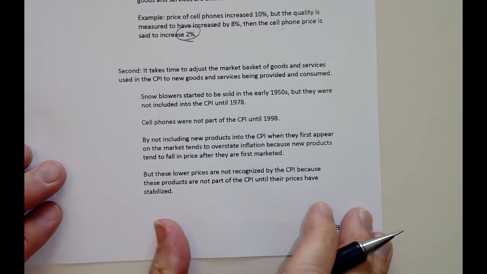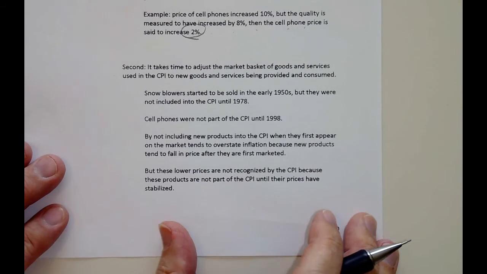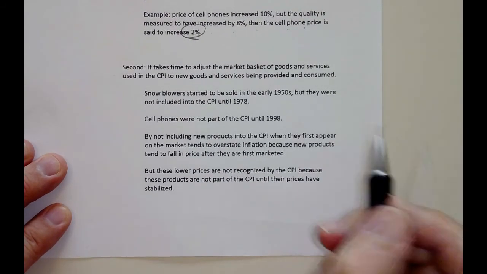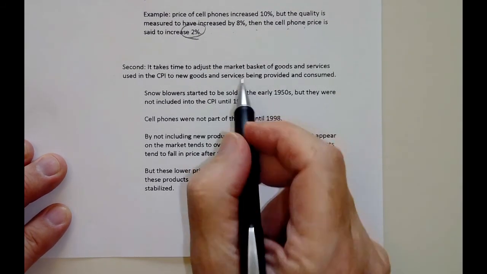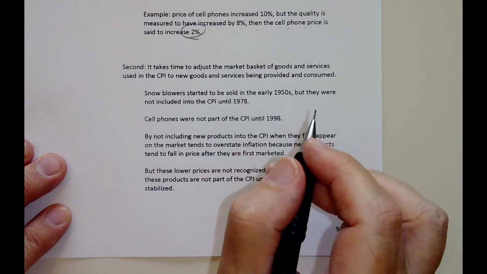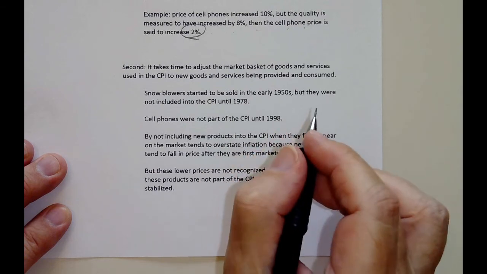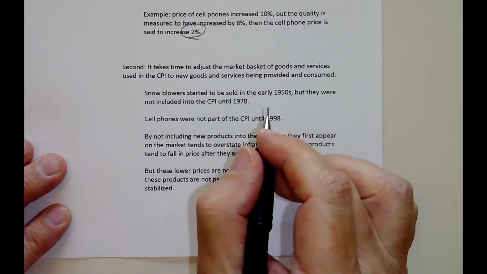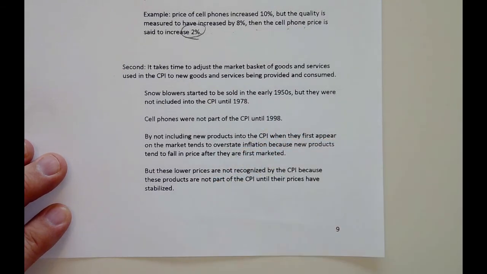Second, what happens is that it takes time to get these items into the market basket of goods. And if you know anything about new products, when they first come out, they're really quite expensive many times, and then they drop in price pretty fast. Well, the problem here is that the CPI doesn't pick up that decrease in price. They tend to be put into the CPI market basket when these new items have already gone down in